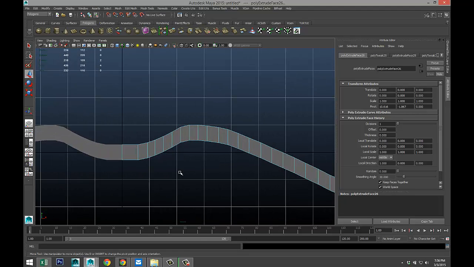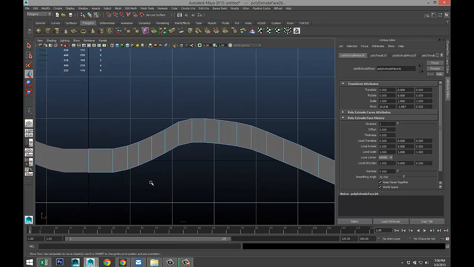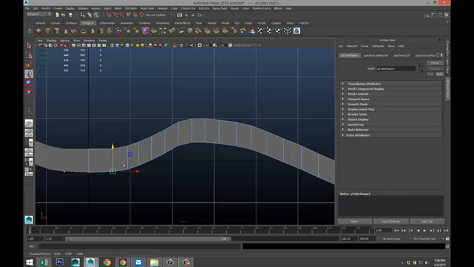So next, we're going to right-click vertex, and start here, and bring these vertices up just very, very slightly. As we move further to the right, we're trying to get our bow thinner and thinner.